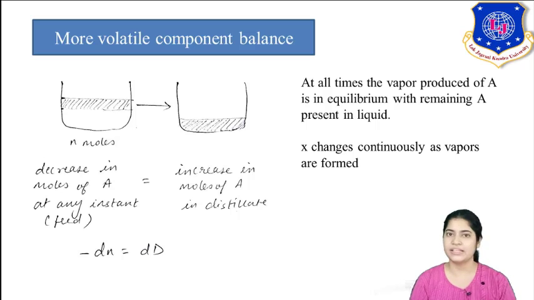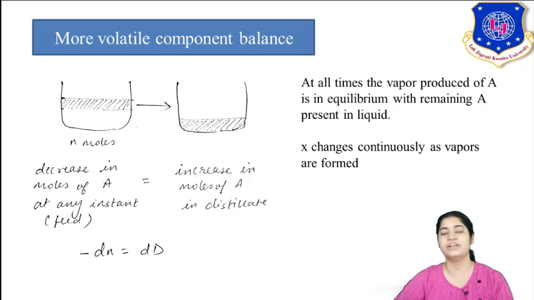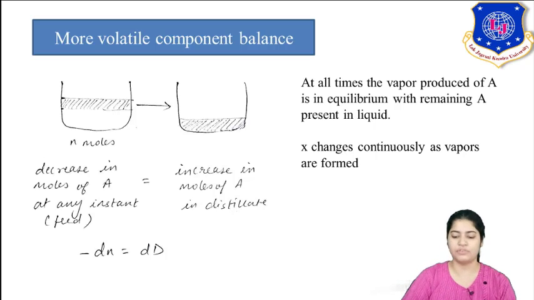What did I say in the last lecture? That as you change your operating condition, the equilibrium condition is disturbed. At 1 second of interval, the amount of vapor formed, the mole fraction of A in your vapor phase, is in equilibrium with the liquid phase. Similarly, after another 1 second interval, the composition of A in your vapor phase might be different, and that would be in equilibrium with the A in the liquid phase.